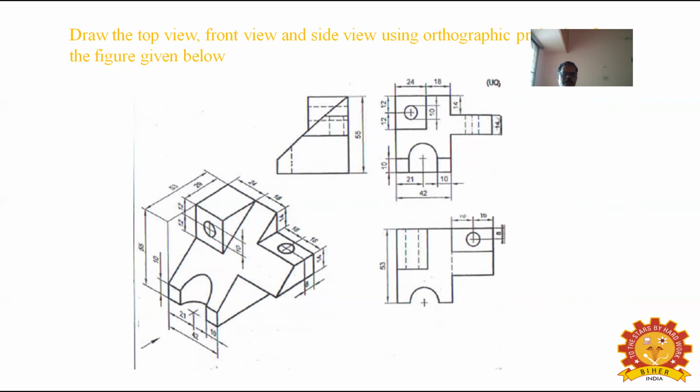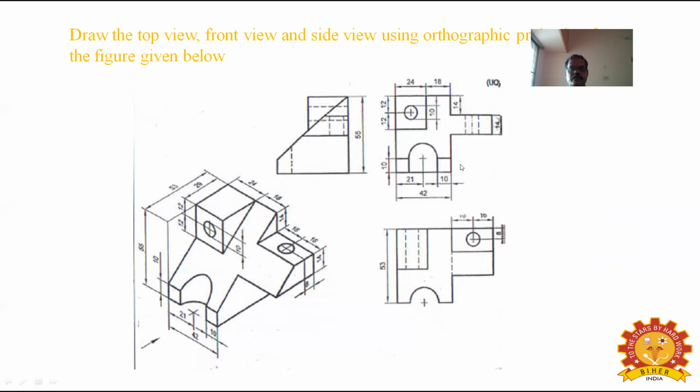So after completing this top view, you have to draw the front view. How to draw the front view? See, only from the top view lines can we draw the front view. Otherwise, these lines and these lines won't coincide and give some error in the drawing. Okay. So from all the corner points of the top view, you have to draw vertical lines to match with this front view. Okay. So first draw the length 42 and the height as given, 55.